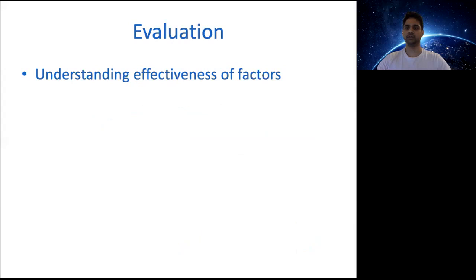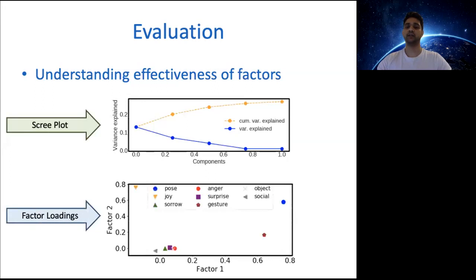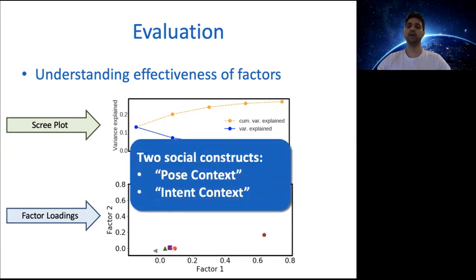In our next study, we conducted exploratory factor analysis to discover the uncorrelated factor sets that are most effective in distinguishing cyberbullying images. The scree plot depicted in the figure suggests the number of factors to extract. The next figure exhibits the factor loadings after varimax rotation. A feature is associated with the factor with which it has a higher loading than the others, and features associated with the same factor are grouped together for certain descriptive categories. Intuitively, cyberbullying in images could be characterized with two social constructs, post context and intent context.